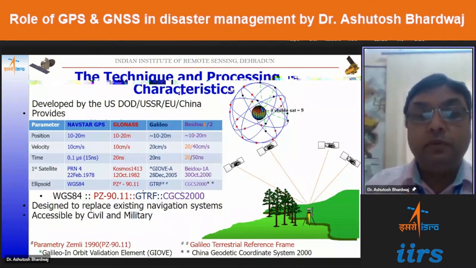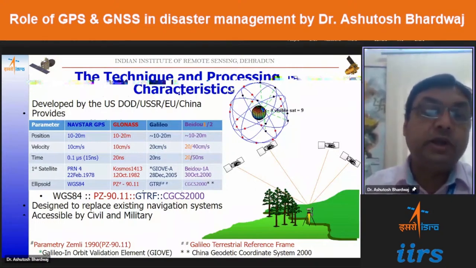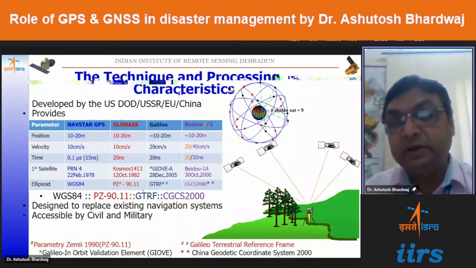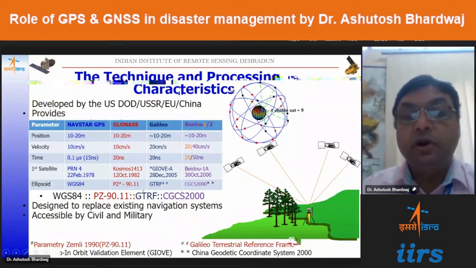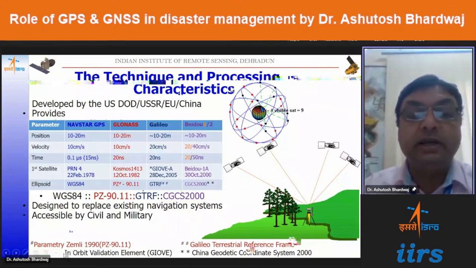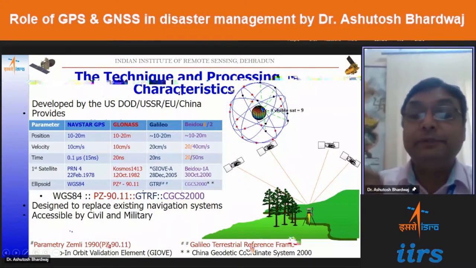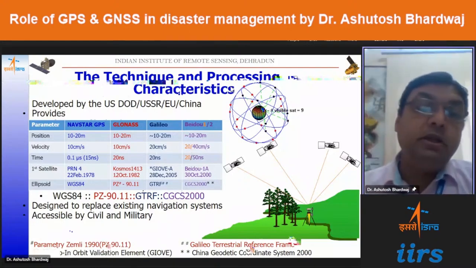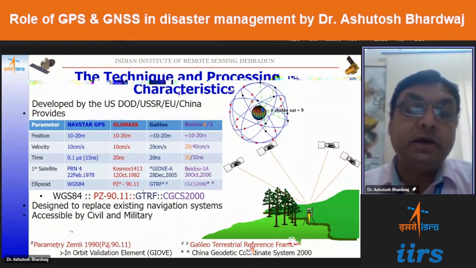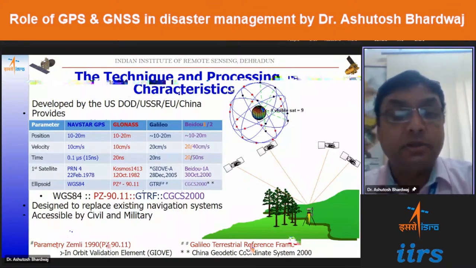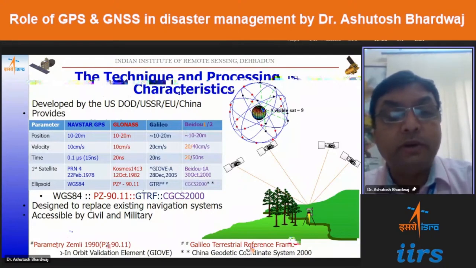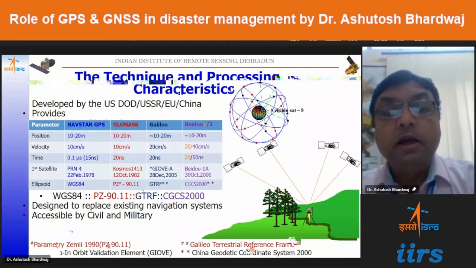Now when we have to state the absolute accuracy of the GPS derived data, we use satellite laser ranging. Satellite laser ranging tells us that in the absolute coordinate system, GPS is capable of providing 10 to 15 centimeter accuracy, but this is the absolute coordinate system. In the real world, when we do some application like urban application or water resource application, we basically use the relative coordinate system. In the case of relative, we can go up to an accuracy of a centimeter or millimeter level also using the